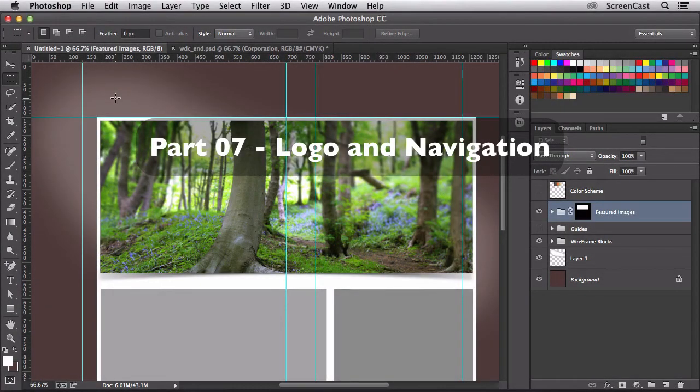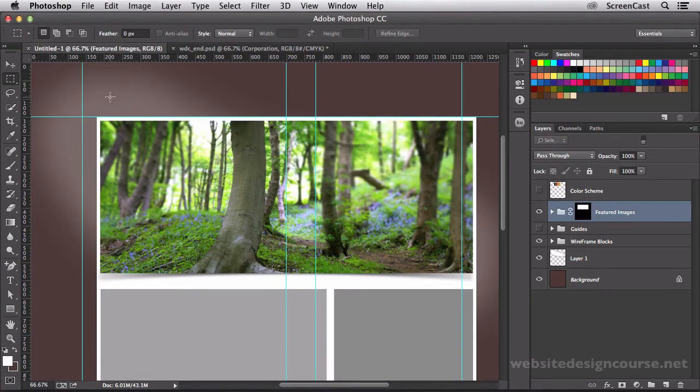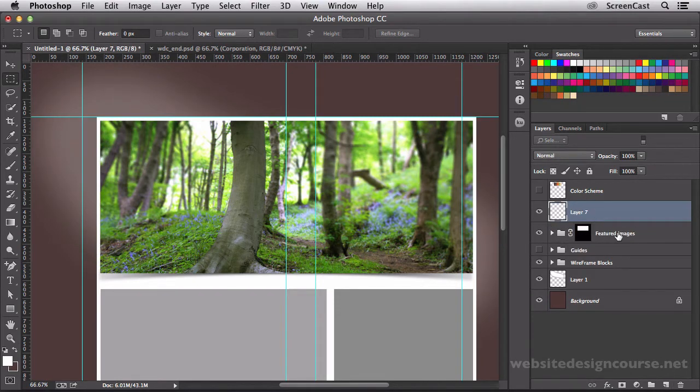The next portion we'll work on is our logo area. So we're going to build just a simple logo and place it up here in the top left, and then we'll focus on building our navigation elements over here on the right with their hover and selected states. So let's start with our logo, and I'm just going to create a new layer here above my featured images